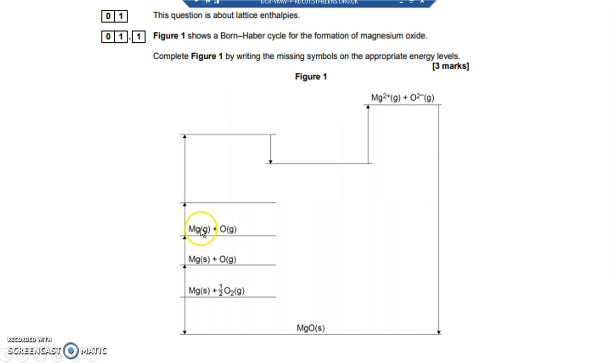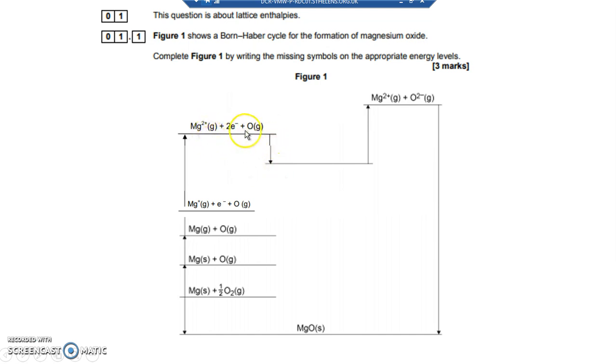Then what's going to happen next? Well, the next one that's endothermic is going to be the first ionization energy of magnesium to form Mg+ and an electron, and the O gas stays the same, so you only change one thing at one time. So I'm changing the magnesium and the O is staying the same. The next one is another jump, Mg+ going to Mg2+ and an electron, so the second ionization energy of magnesium,